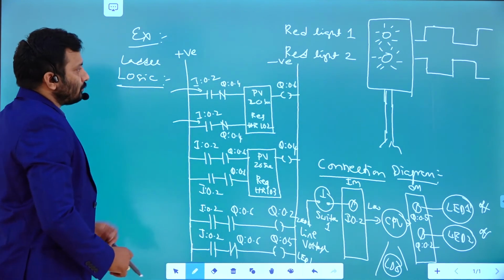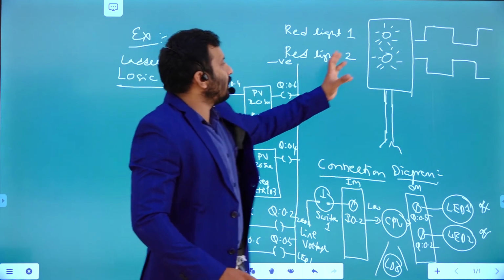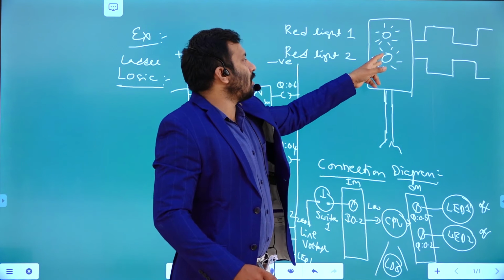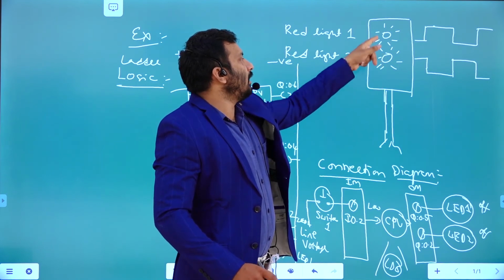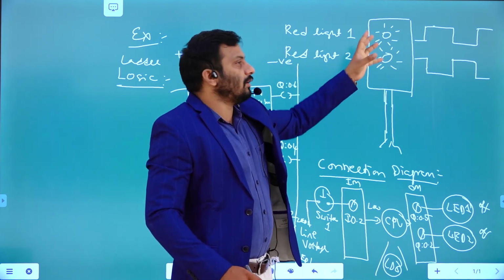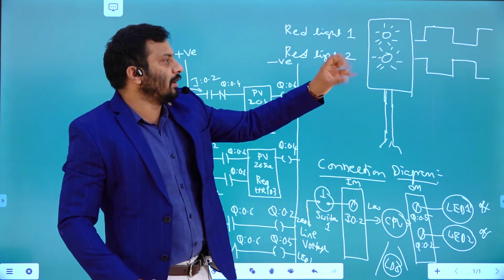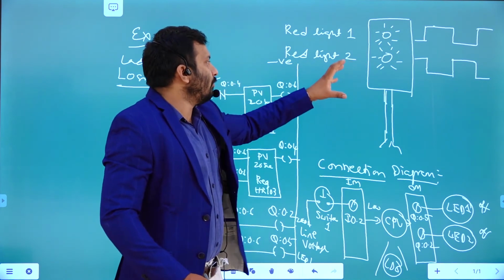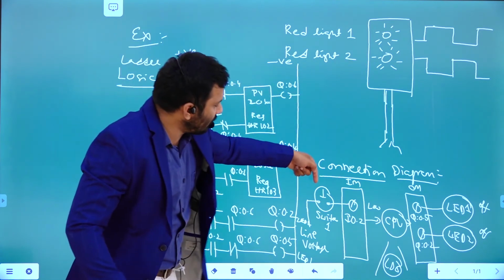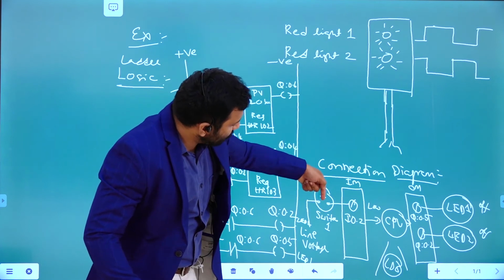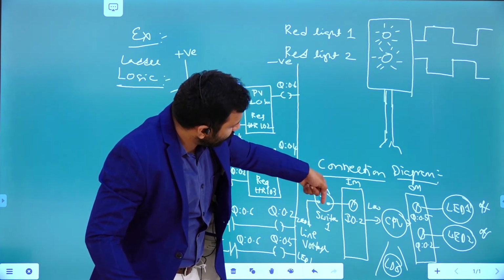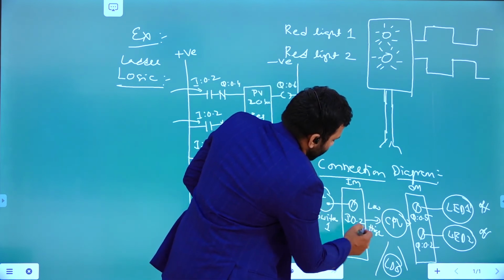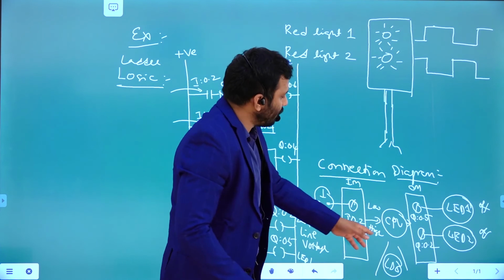Now I want to start switching them on and off alternately. I want to blink this one with some delay, and this one should be off, like that. Both the lights need to blink alternately. That is the application I want to perform whenever I switch on this particular switch. If you switch on this particular switch, it is going to make contact and the output is going to become high. The output from this third terminal is going to be high.